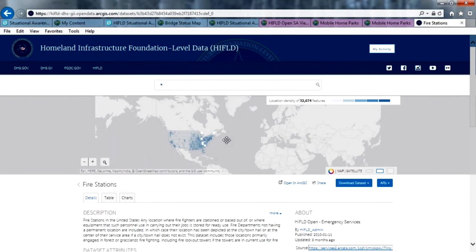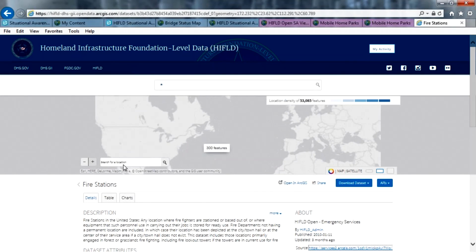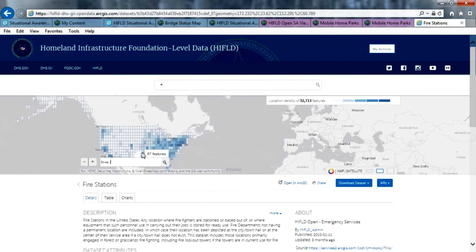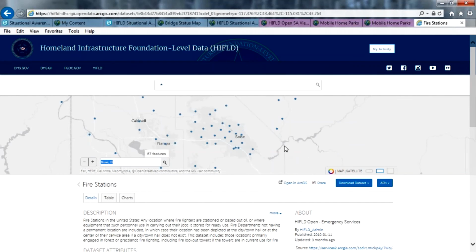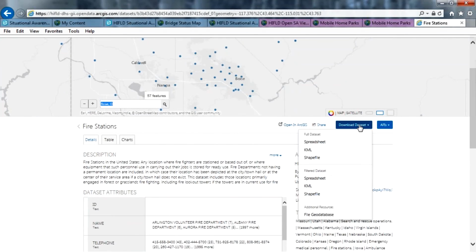Another option, especially if you want to add in additional fields, customize, configure the way that this information is displayed, is that we can additionally download the data. And as Julie mentioned, we can download the data by a filtered area. So we can get only the shapefile, for example, or file geodatabase for the area that we're interested in. And this would allow us to bring this into our own ArcGIS server environment, or publish as a hosted feature service inside ArcGIS Online, add in some additional fields, and you'd be off and running